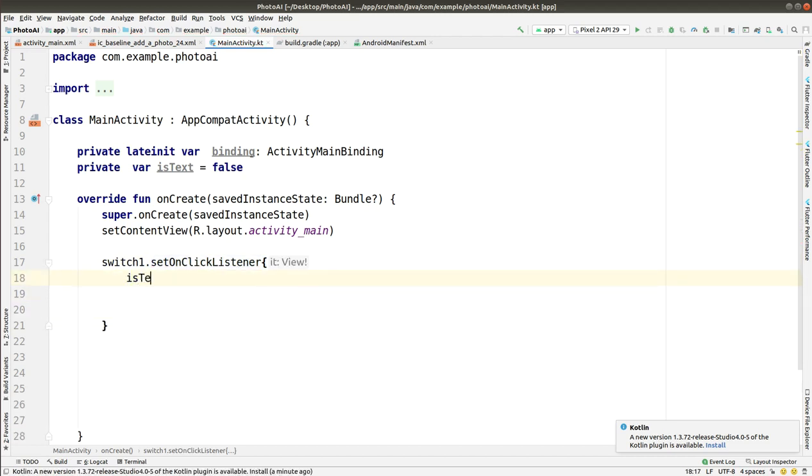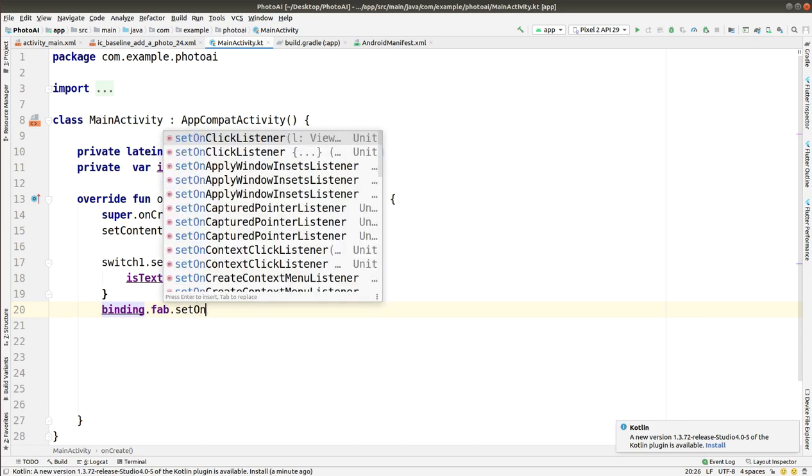If it is checked, we'll see that if the switch is checked, then it will store the true value in is text.